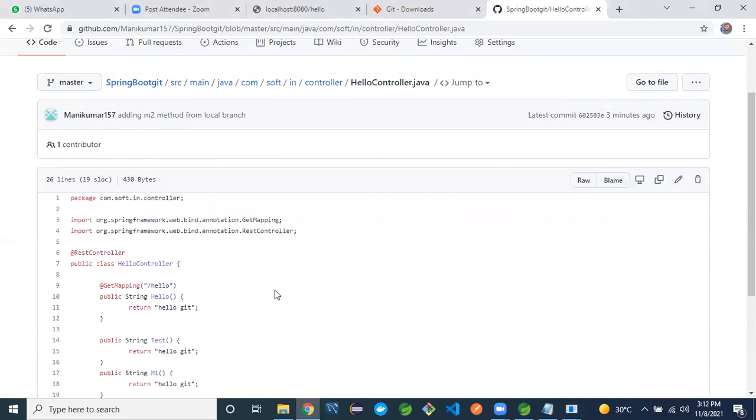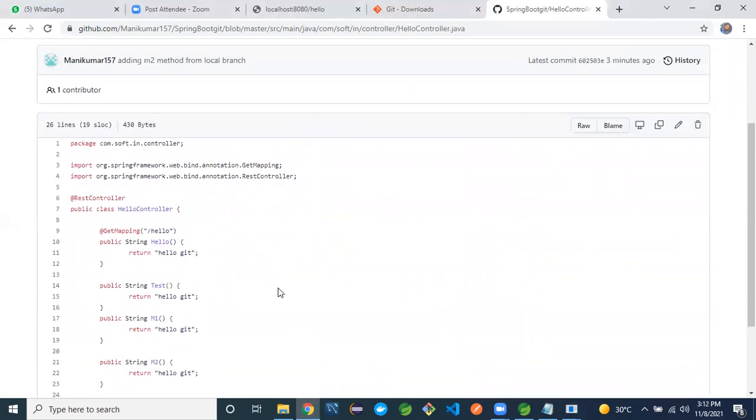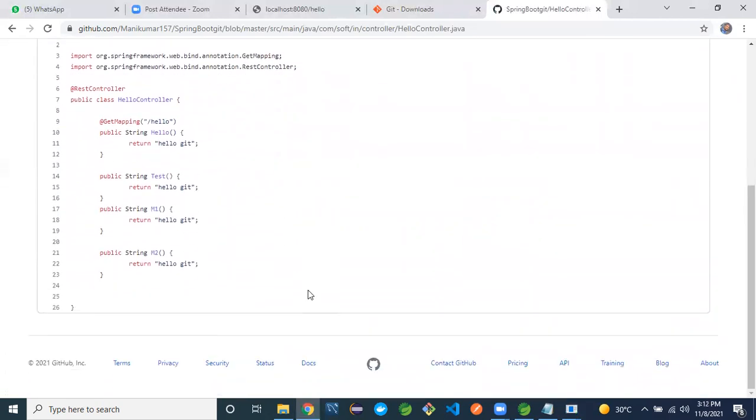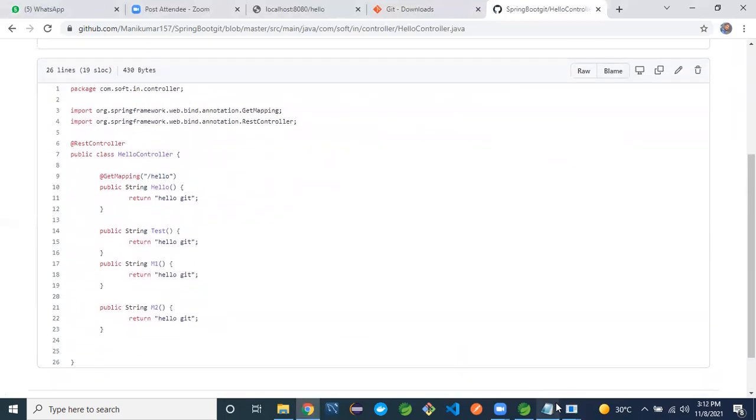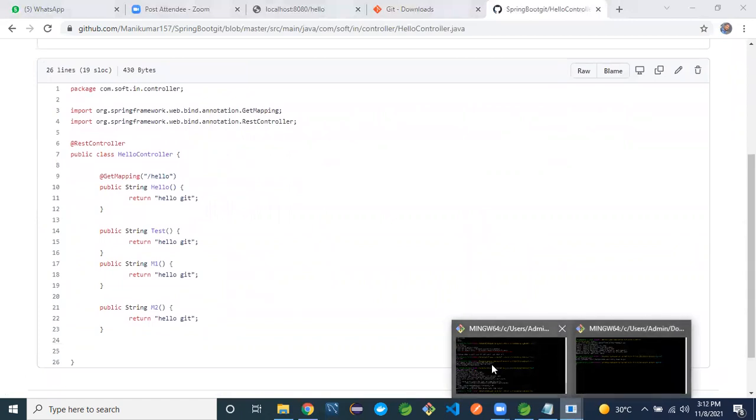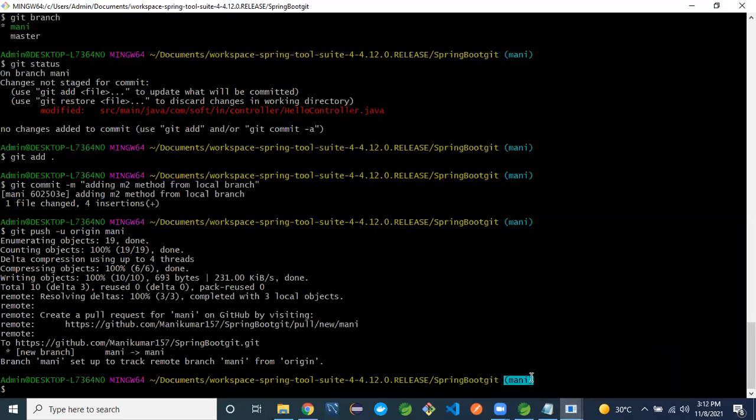How to merge the code, how to clone, how to push, how to pull. See, after that, how to delete a branch. Now we created a branch here. How to delete this branch? Once the code is merged, we can pull the code.